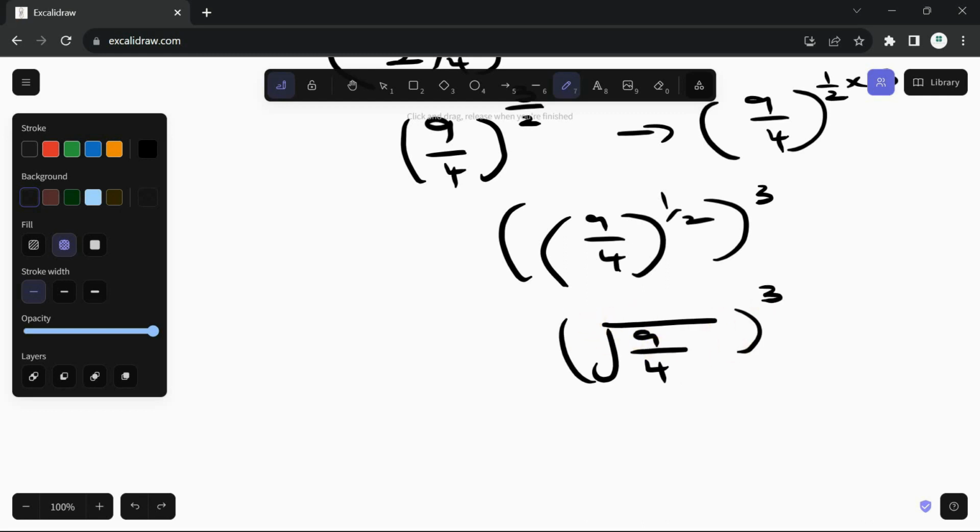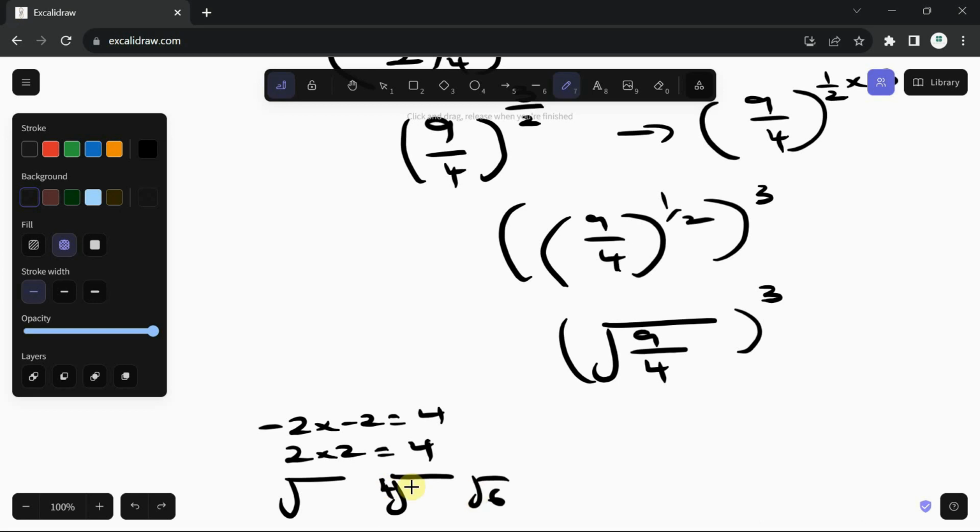Right, so one thing that I need to say here is minus 2 times minus 2 will give me 4, and 2 times 2 will also give me 4. So whenever you're finding the root of a number, say for example the square root, or let's say the 4th root, I always know that there will be a positive and a negative scenario. It's not always going to be positive,